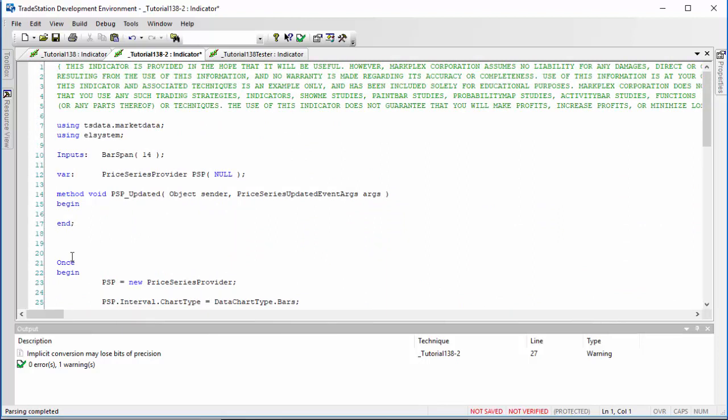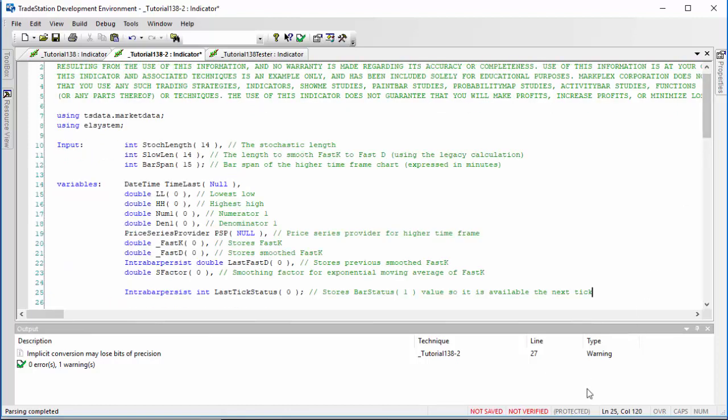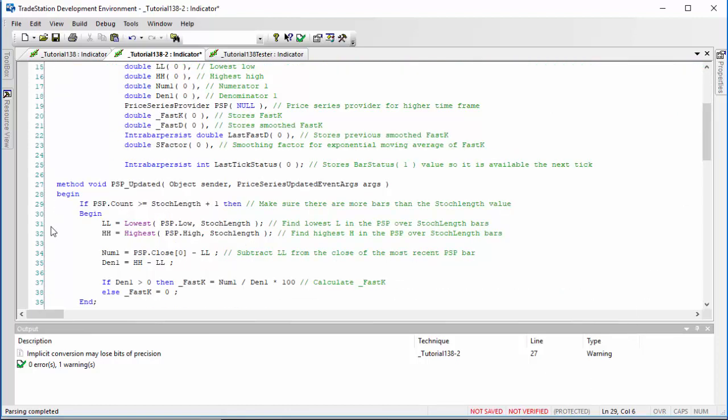We're going to be using the standard calculation for the stochastic, which will look very similar to the one that I just showed you in the test program. But what I'm going to do first, I'm just going to copy in all the variables and inputs that we're going to be using in these programs, and also the calculation. So very similar calculation. We are checking here that the PSP count is greater or equal to the stock length